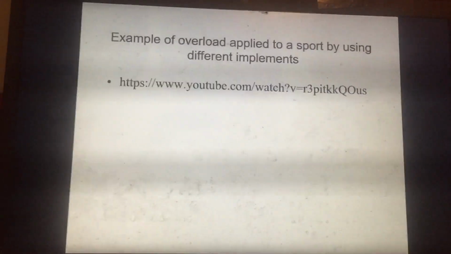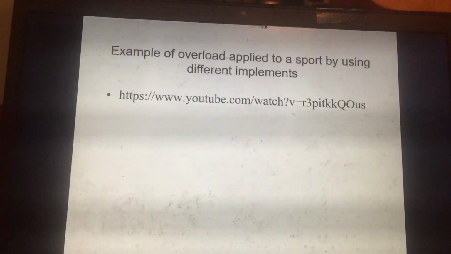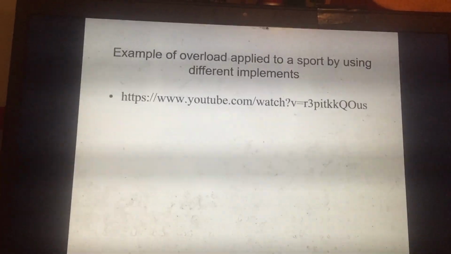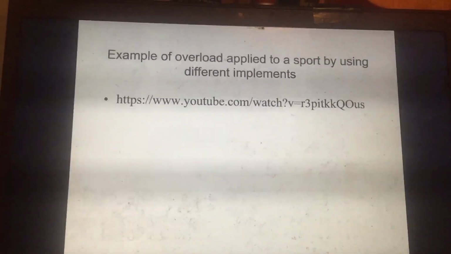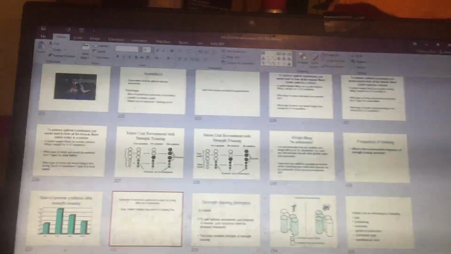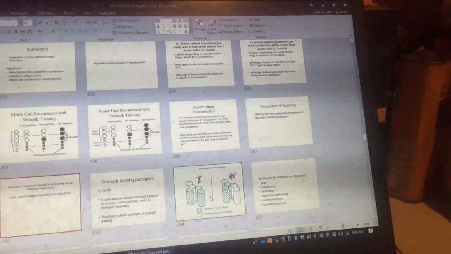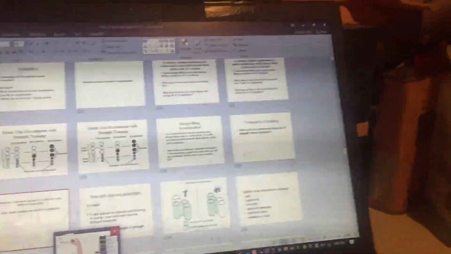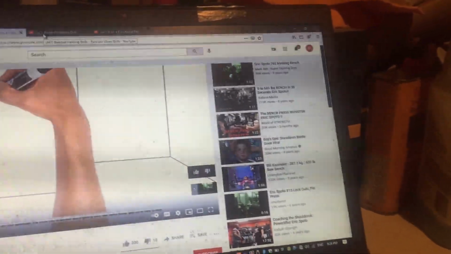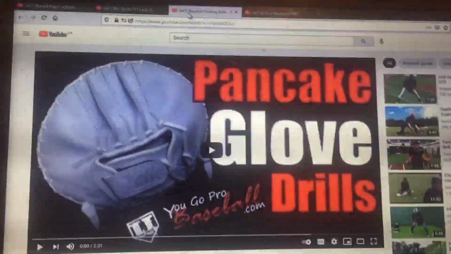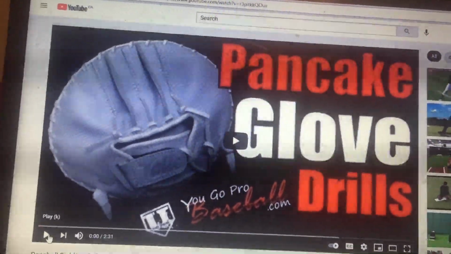And last thing I have for you here is, I've been talking about overload with regards to strength training. This would be an example of an overload in a sport, just using different implements in the sport. And this is from the sport of baseball. So you can see they've got these things called a pancake glove for fielding drills.